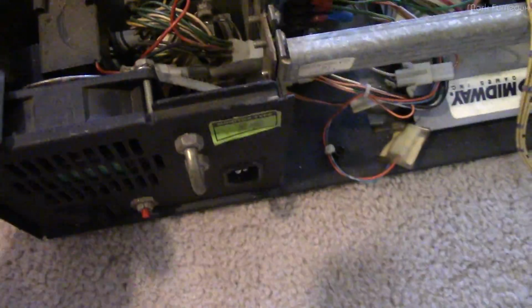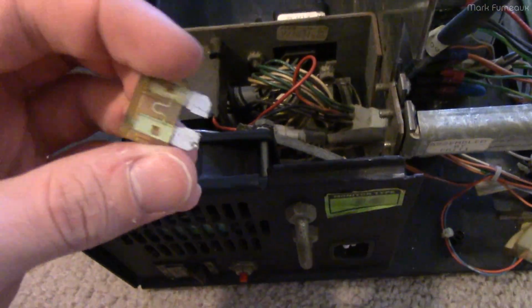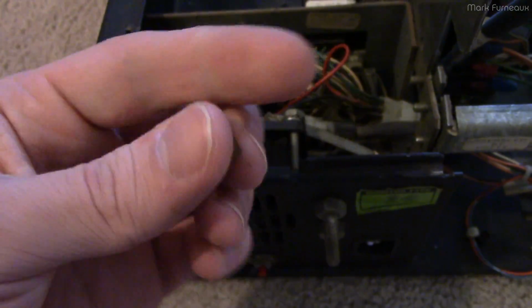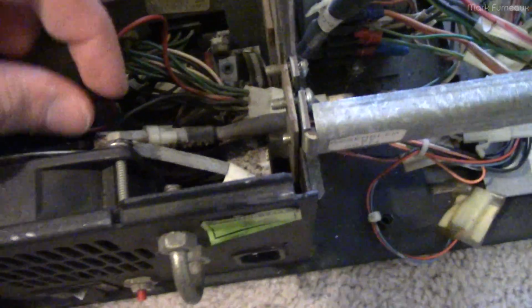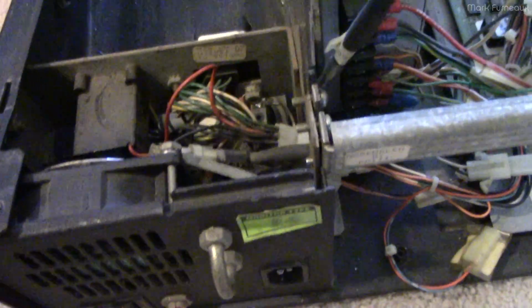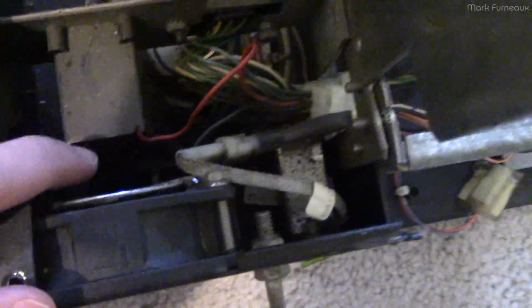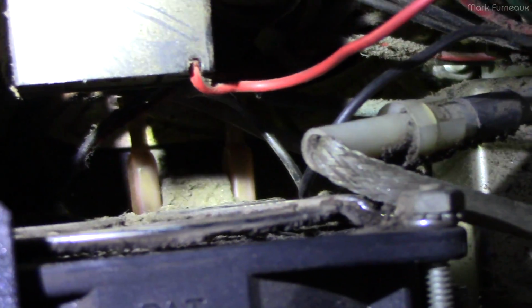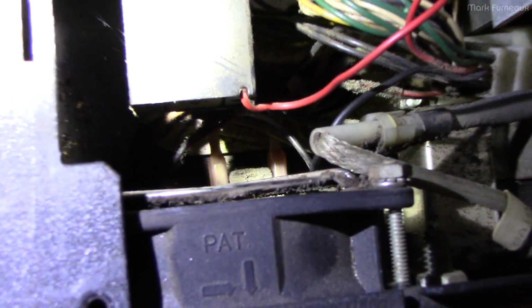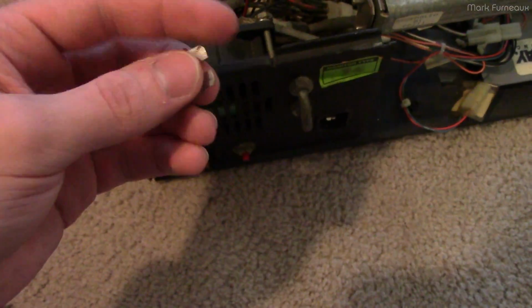And this is where I noticed the first really janky repair that someone had done. Basically, I found this. This is a 20 amp blade fuse. The blades were stuck into some spade terminals on the end of some wires, and so what I figure they did was they basically disconnected the circuit breaker. Let me see if I can get some light down in there. You can see down in there are spade terminals that connect to the circuit breaker, and so they removed that from the circuit breaker, and they plugged this into those spade terminals,